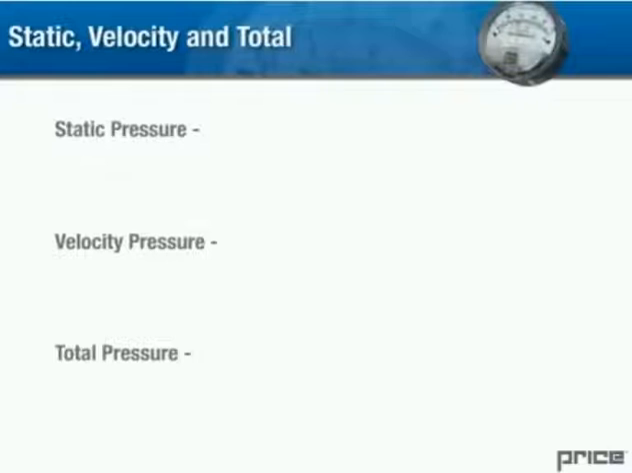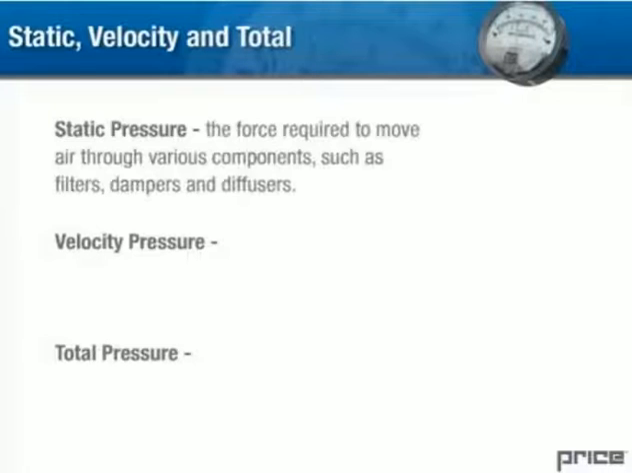These three types of pressure are associated with HVAC systems as well: static, velocity, and total pressure. Static pressure in an HVAC system is the force required to move air through various components such as filters, dampers, and diffusers. Static pressure is exerted equally in all directions. When we deal with pressure in tables and equations, we often use the notation P sub S to stand for